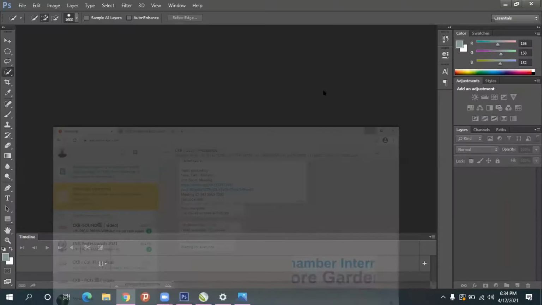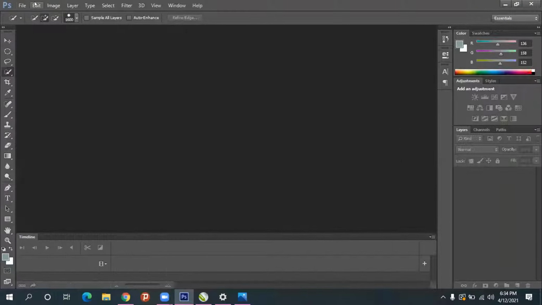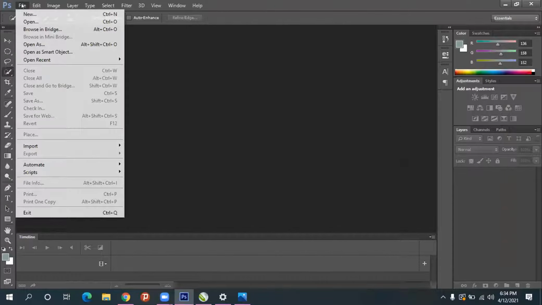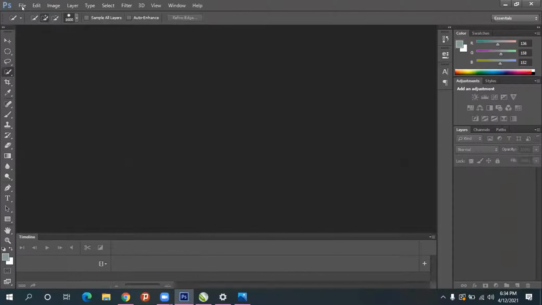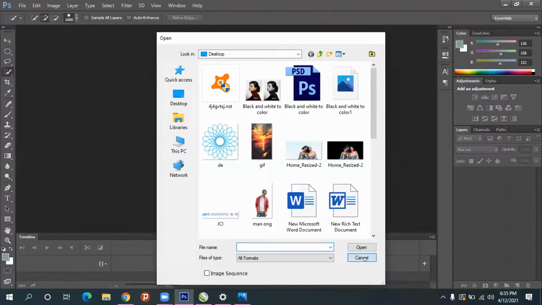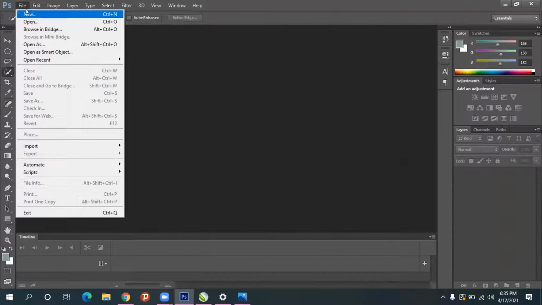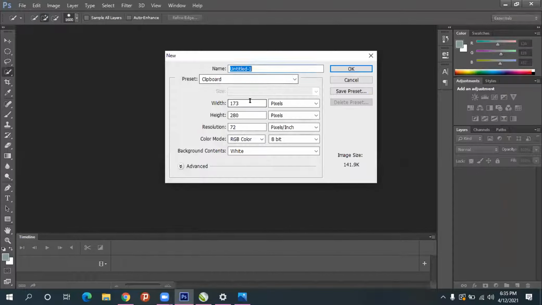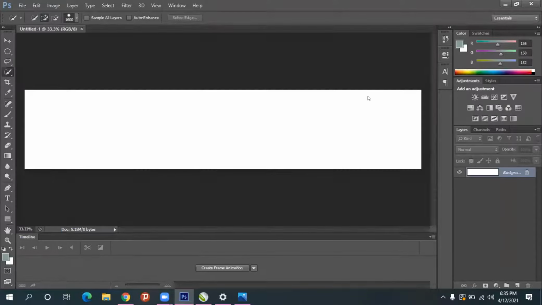Okay. So after that, you download the photo, and first you can open it also, but the better way is to take a new document and choose inches, give 10 inch by 2 inch, and resolution give as 300 and give OK.